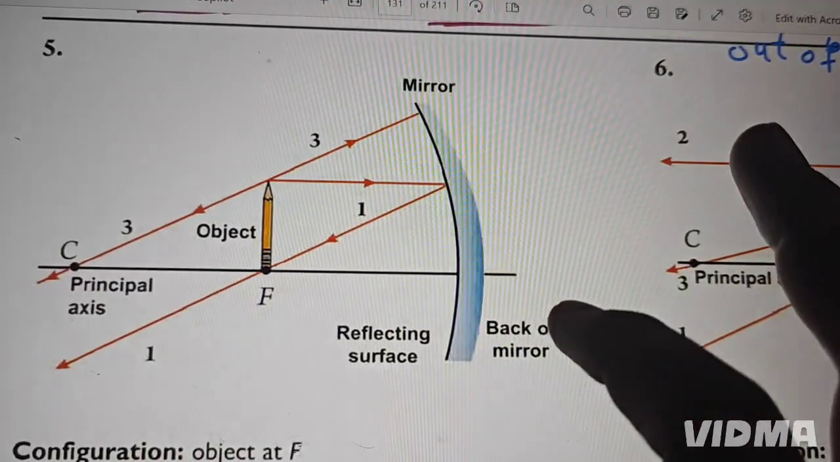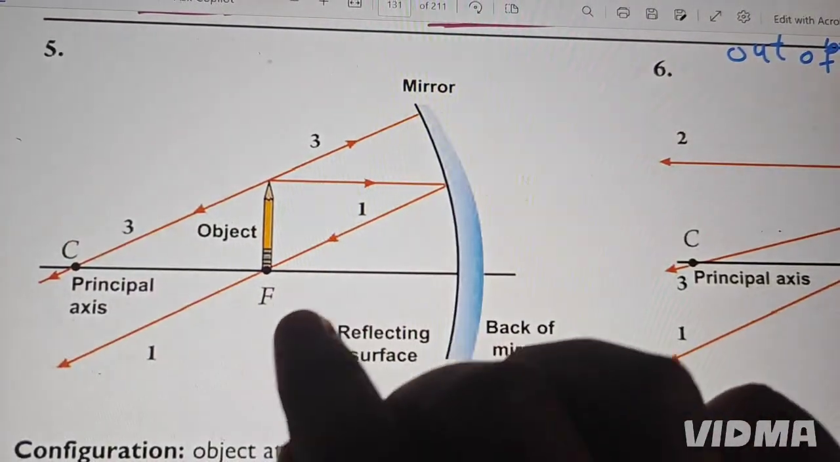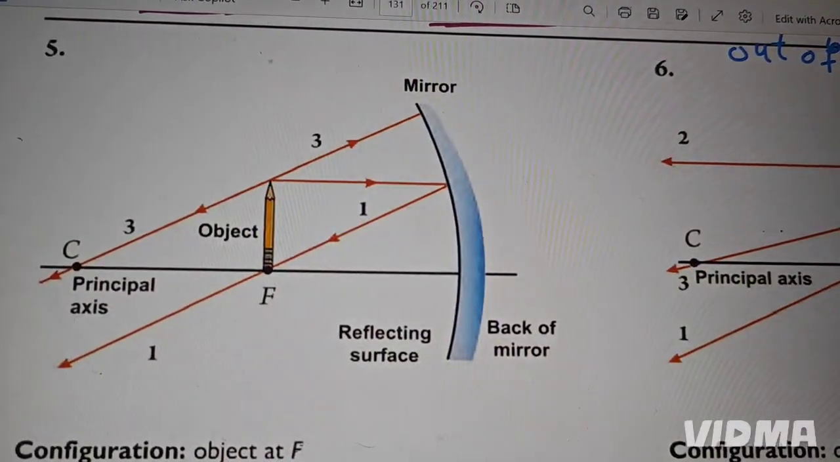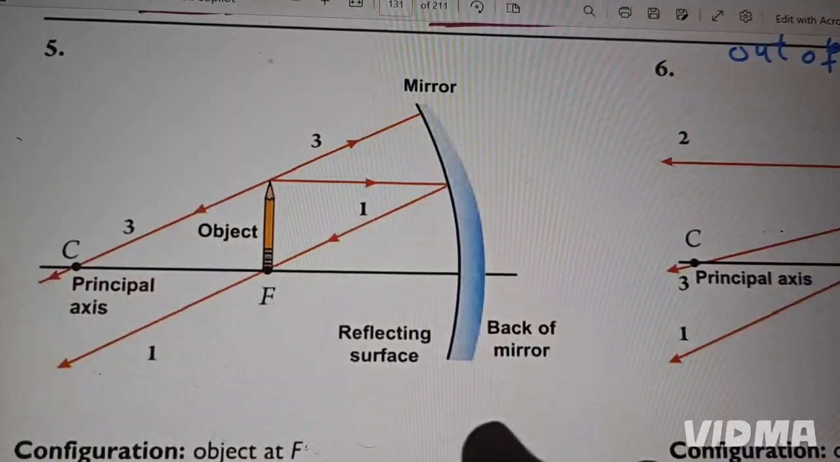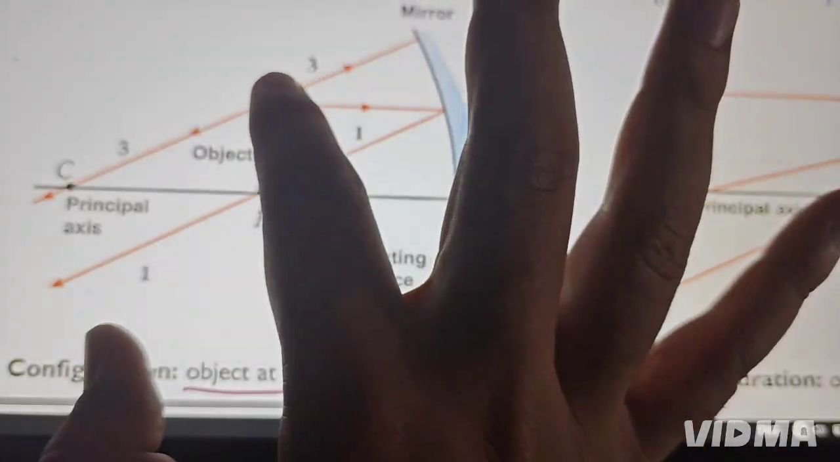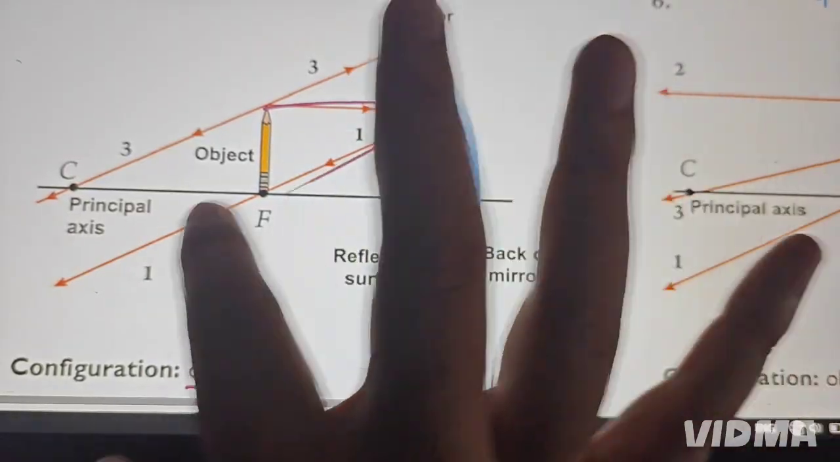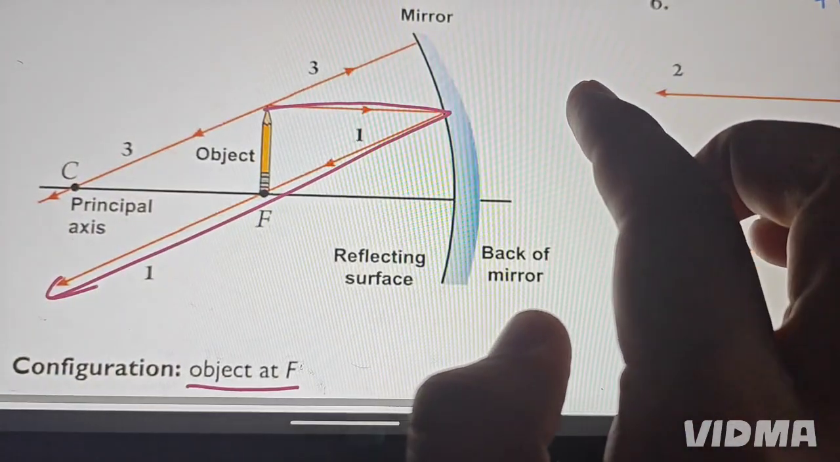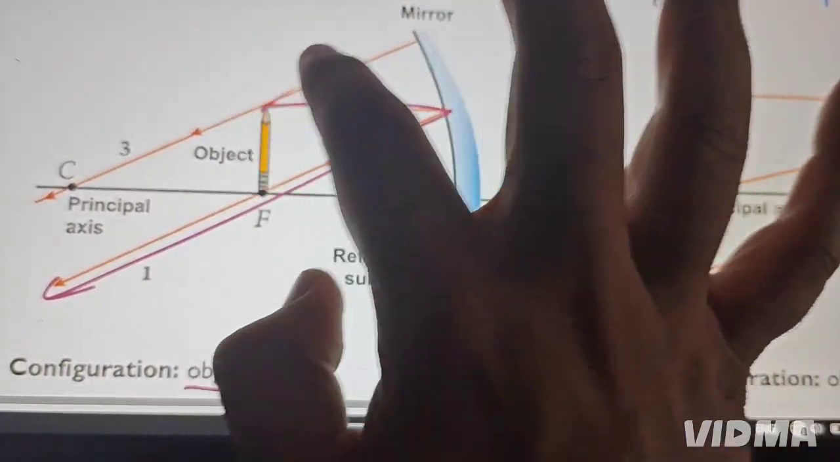This one, this is the object. We are putting the object at where? At F. The object is placed at F. And the object, they are radiated. The first light is going to be reflected back in that direction, and this is the second light in that